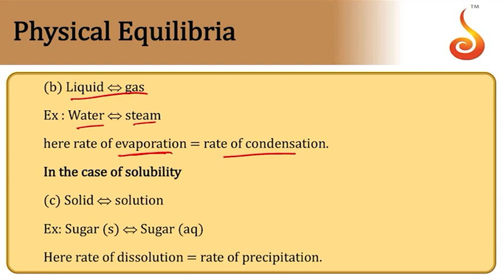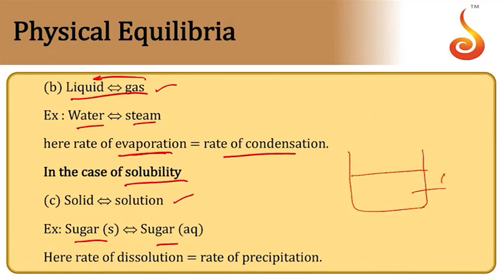That is also said to be in physical equilibrium because we can only see the change in the physical state, that is a liquid changing into a gaseous state. Again, gas also becomes a liquid. When it comes to solubility, that is solids dissolving in liquids, say sugar dissolved in water. Take a beaker containing water, and when you dissolve sugar,